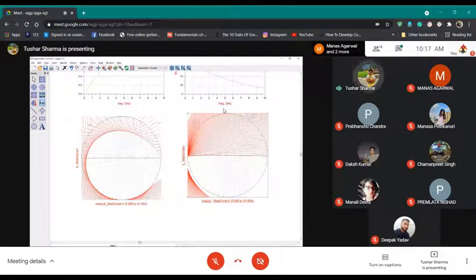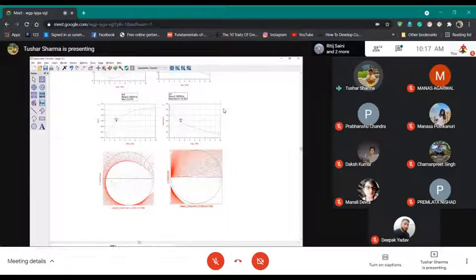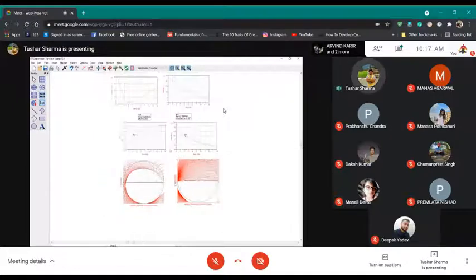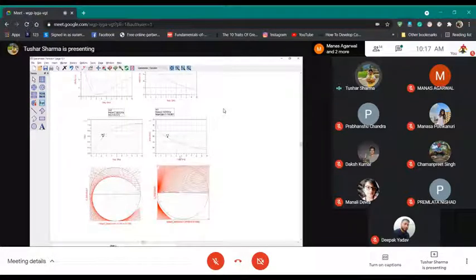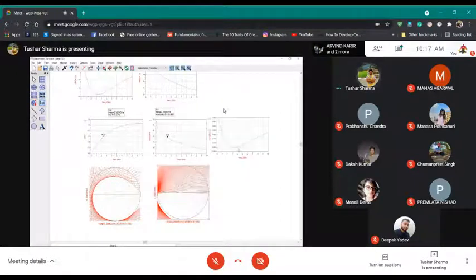So what is happening here is these are all stability circles, and since you are sweeping the frequency, you see so many of them. Now in this particular case, if you check your magnitude of S11, it is always less than 1, it's not greater than 1.